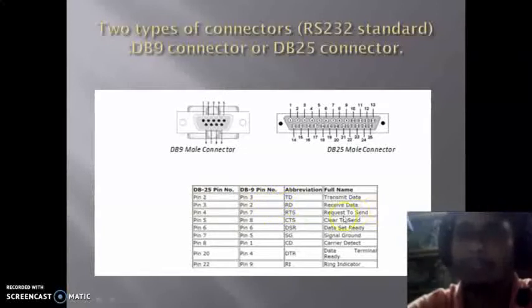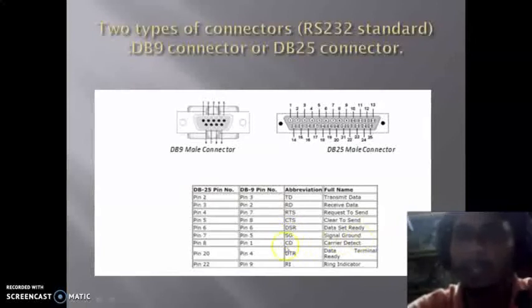that is the receive data. Pin 4 of DB25 and pin 7 of DB9 is RTS, that is request to send. Pin number 5 of DB25 and pin number 8 of DB9 is CTS, that is clear to send. Pin number 6 and pin number 6 of both connectors is DSR, that is data set ready. Pin number 7 of DB25 and pin 5 of DB9 is used as SG, that is